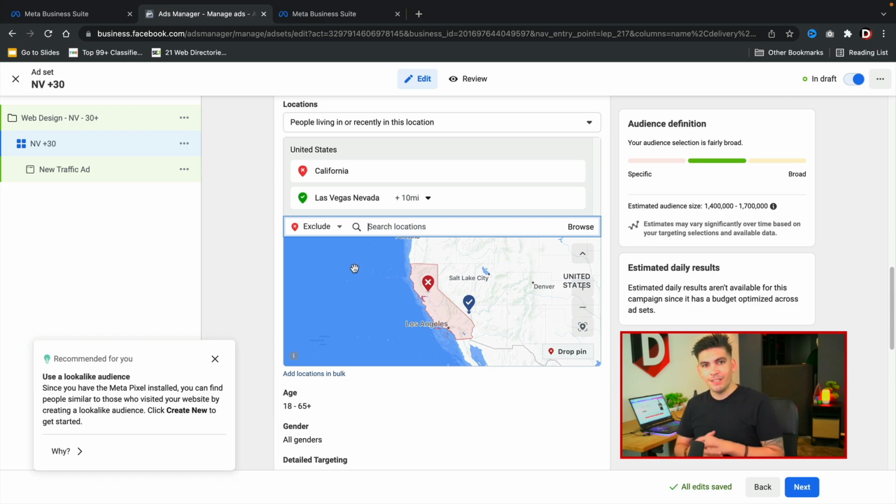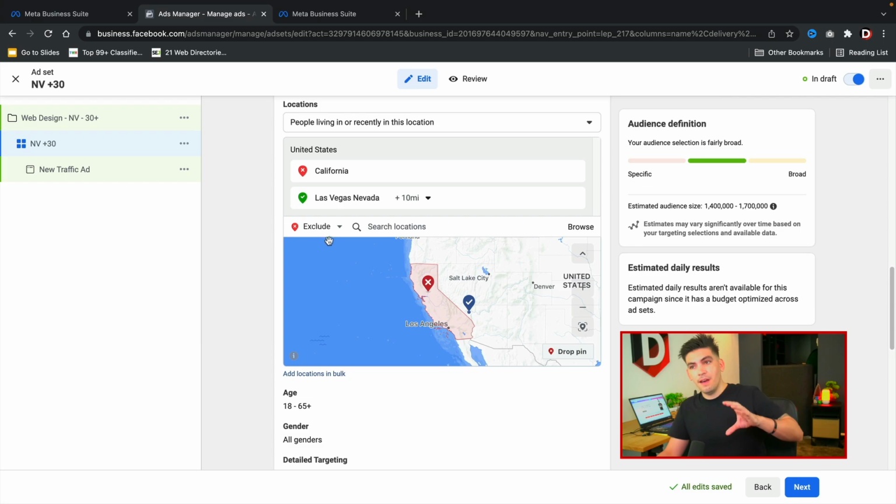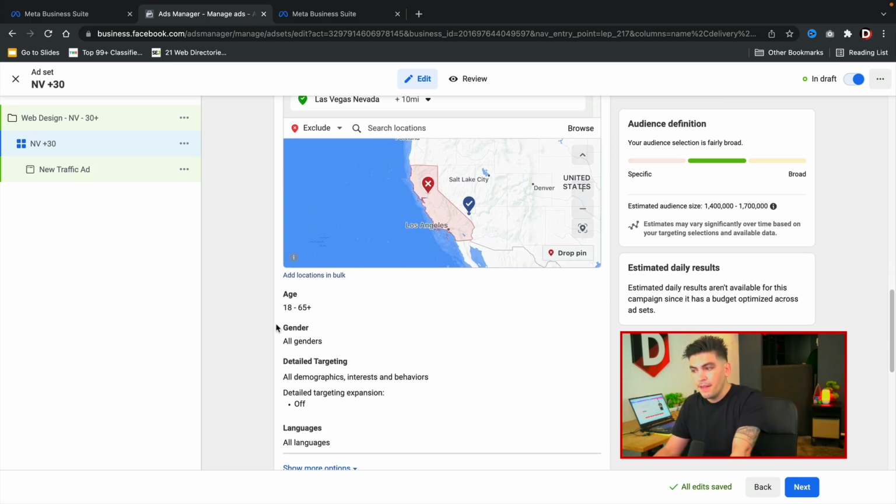But you guys should always exclude areas that get a little bit too close to your targets. The reason why is because if ads do run and the radius is too wide, then the radius will filter into the other states and you'll start losing money on your campaigns. So I would go ahead and exclude the regions around your specific target just in case, so you guys don't waste any money. All right, so we have excluded California. Now this option is not available in the Meta Business Suite. So that is one pro to using the Ads Manager, is you do get a little bit more detailed targeting with this Ads Manager.